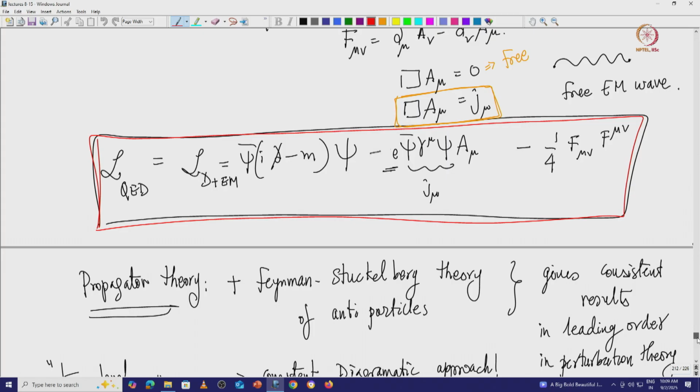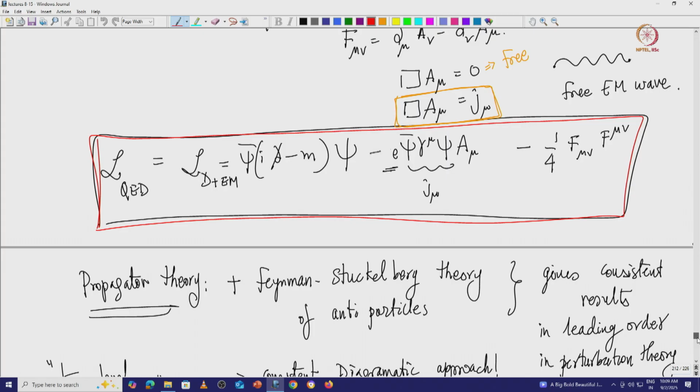This should have been covered earlier, but due to the lack of time I could not cover it, but I am guessing that most of you know that this is nothing but the wave function of the photon. You can actually solve this wave equation, and it leads you to the wave functions of the photon. So, what you are doing is multiplying all these things at one space-time point, in terms of current interactions. There is a photon current which is a vector like current A mu, and then there is this current psi bar gamma mu psi, which is the Dirac bilinear covariant current which multiplies it. This is how you introduce interactions.